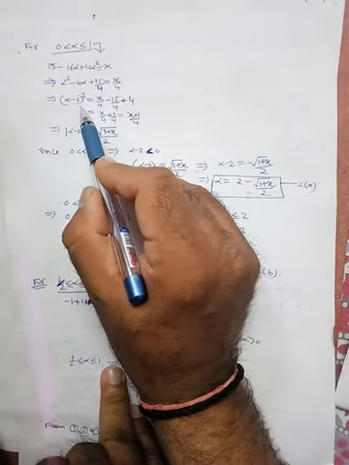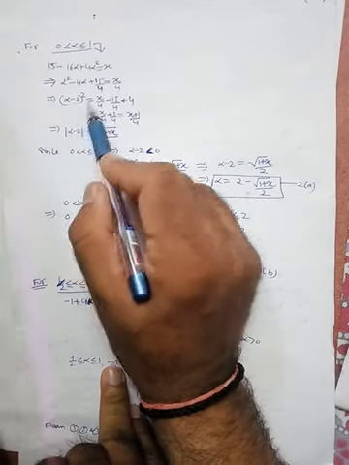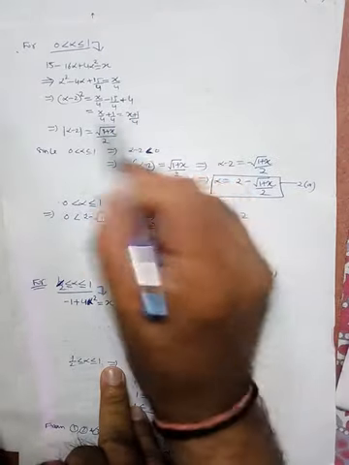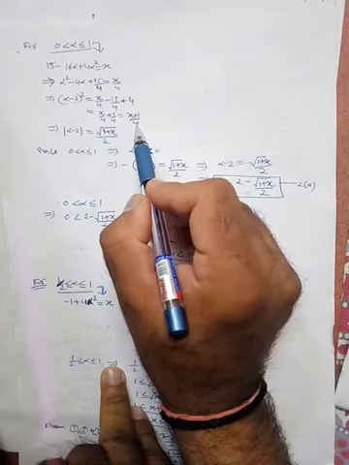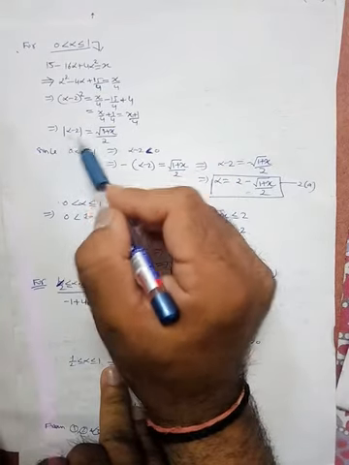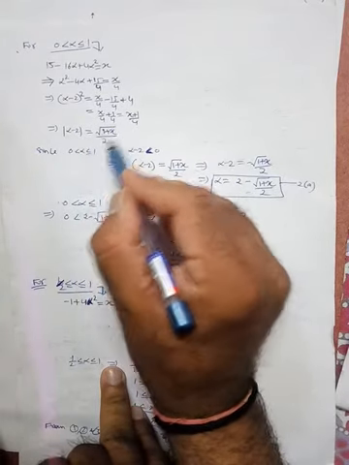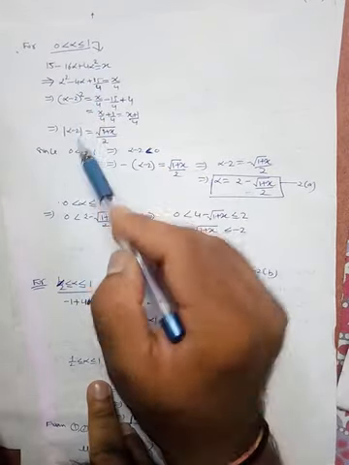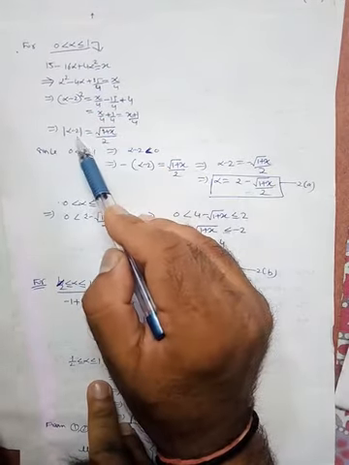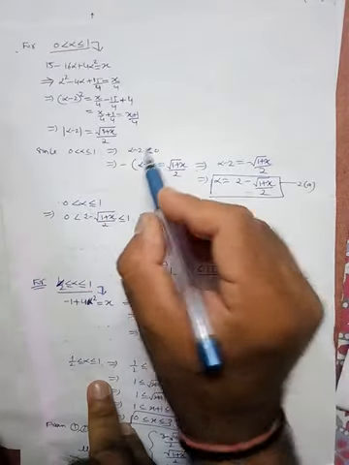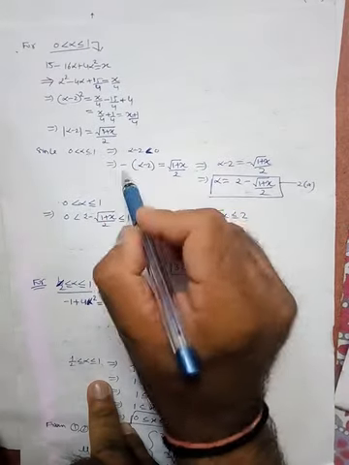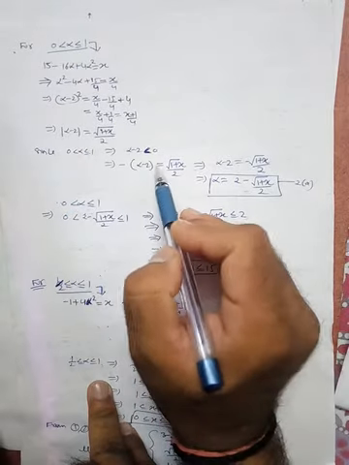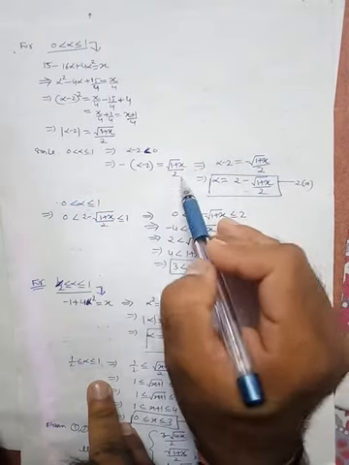That 4 that I added here will give you the whole square, and the 4 that I added there is this. Fine. Simplify this, we will get x plus 1 by 4. Now take the magnitude, alpha minus 2 is equal to square root of 1 plus x by 2. For this choice of alpha, this will always be a negative part. So that's why alpha minus 2 is always negative, and hence this can be written as minus alpha minus 2 is equal to square root of 1 plus x by 2.